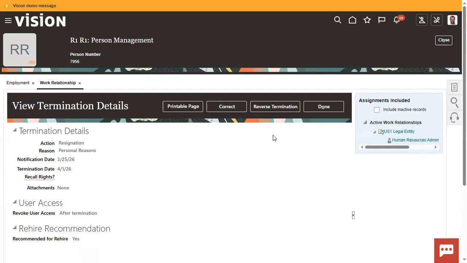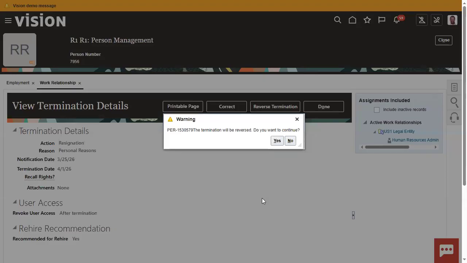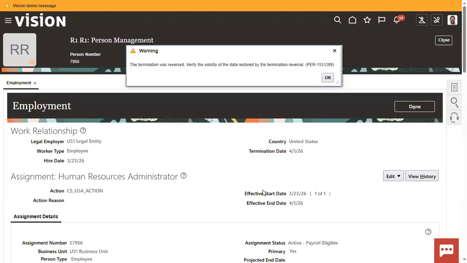Okay, so let me go with a reverse termination. Click this button, reverse termination over here. Before, on or before April 1st means reverse termination. Once April 1st is done, then you cannot do the reverse, because on April 1st the employee got terminated and left the company. After April 1st, if the employee is going to come, then it's going to be rehire, not reverse, because